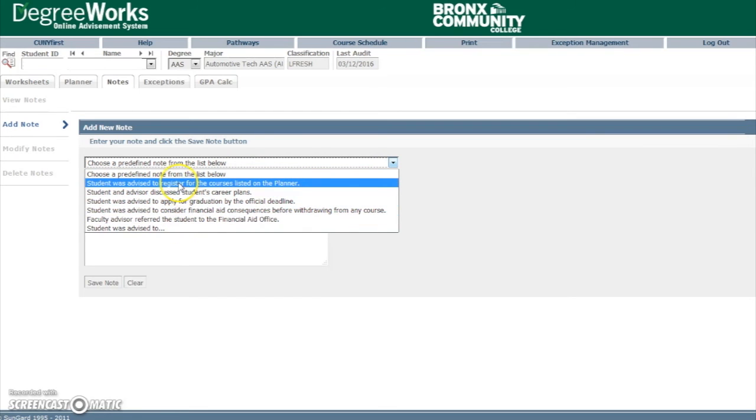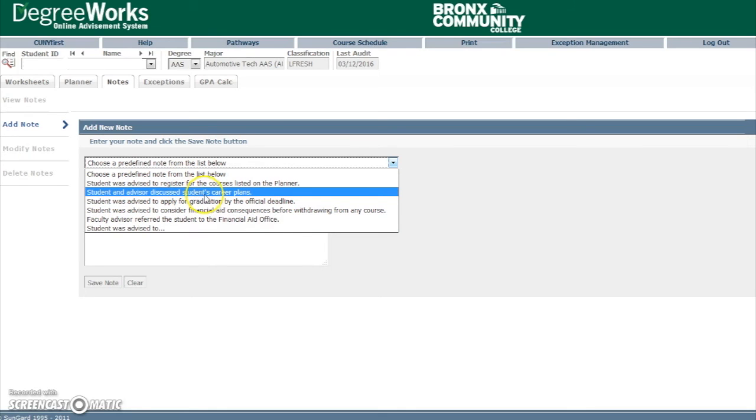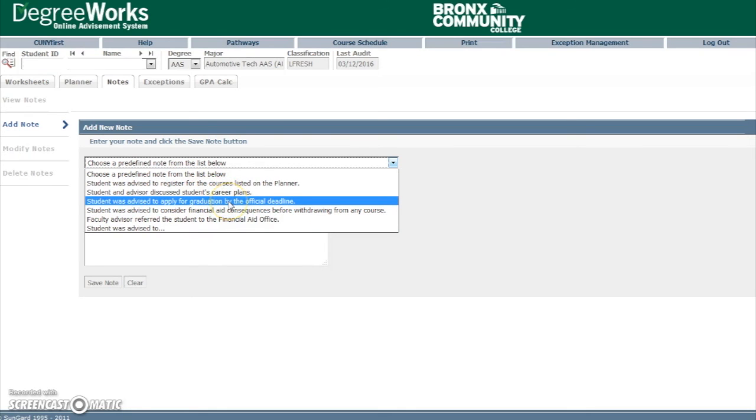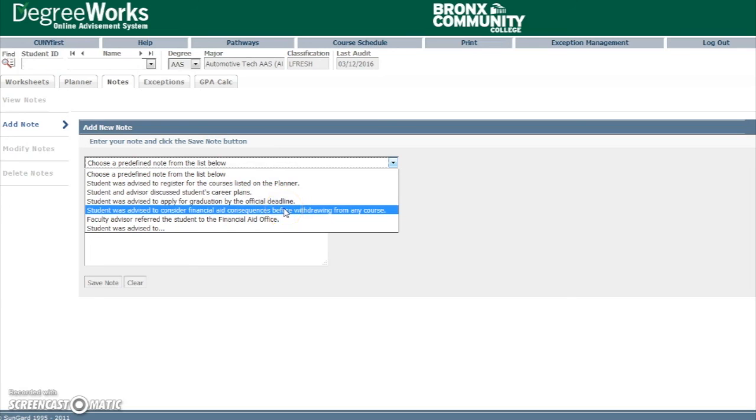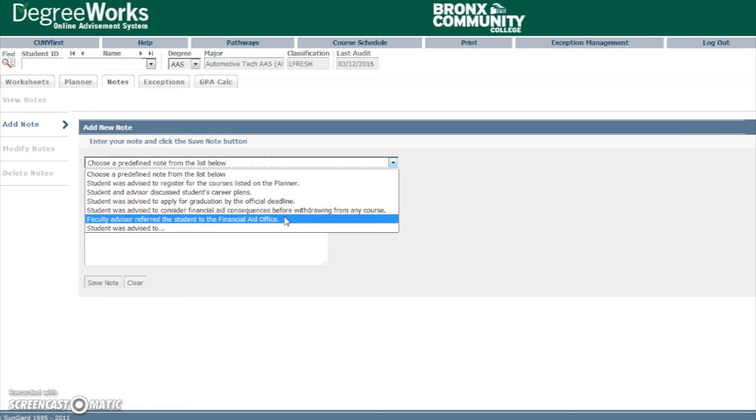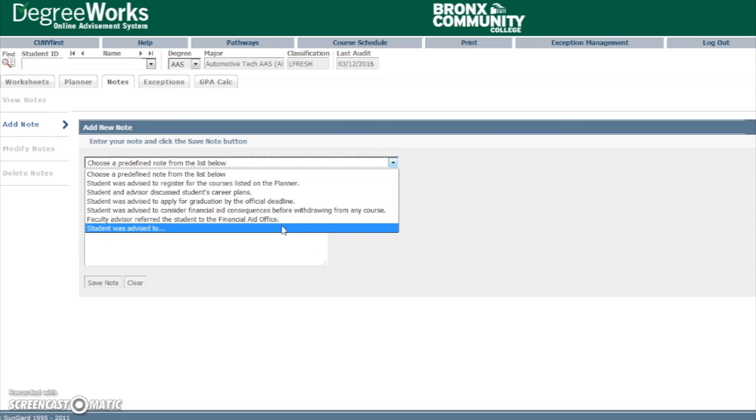We have: student was advised to register for courses listed on the planner. Student and advisor discuss student's career plan. Student was advised to apply for graduation by the official deadline. Student was advised to consider financial aid consequences before withdrawing from any course. Faculty advisor referred the student to the financial aid office, or the student was advised to, and you can fill